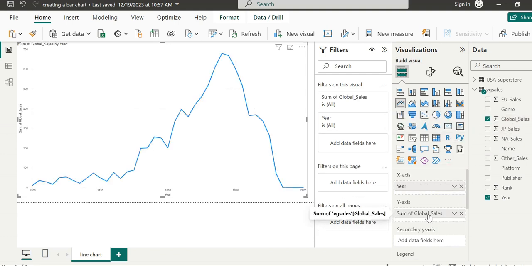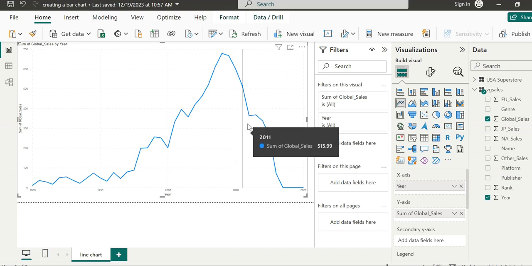Global sales is a numeric field, which is indicated by the sigma symbol next to it, and as soon as we do this we get a nice line representing the sales of video games by year. We now hover over this chart and a tooltip appears.